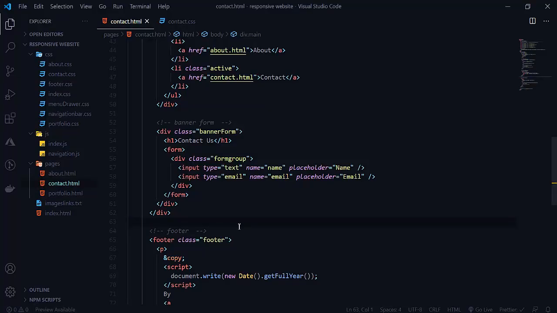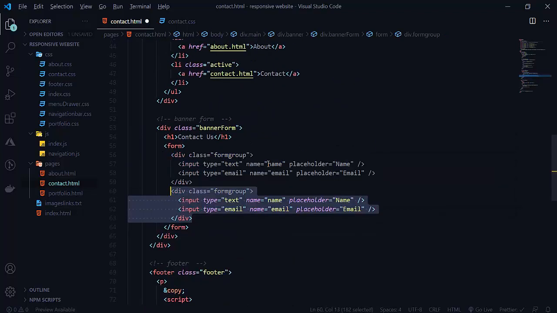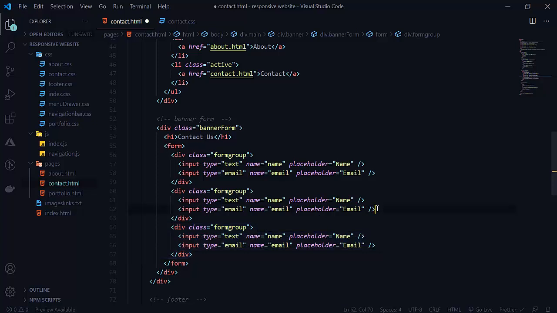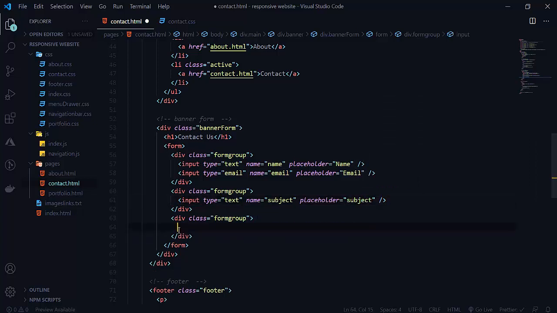So let's move further and create another form. In this form there will be only one text field. So one form group, that will be subject. So here we will write subject. Now here I want a textarea. For the textarea, we don't want rows and columns, we will set rows and columns also.